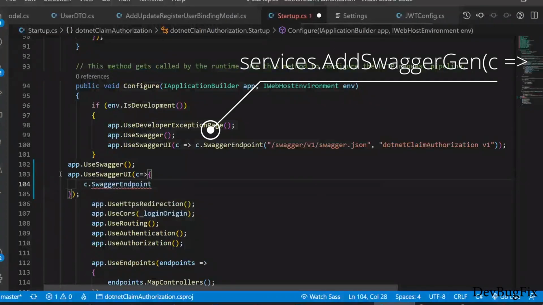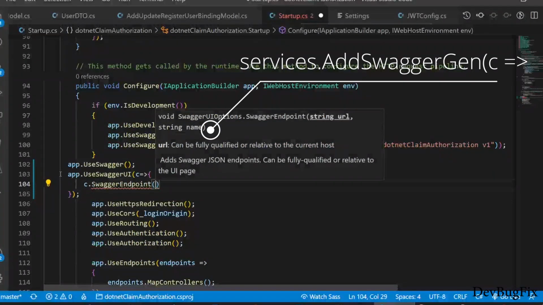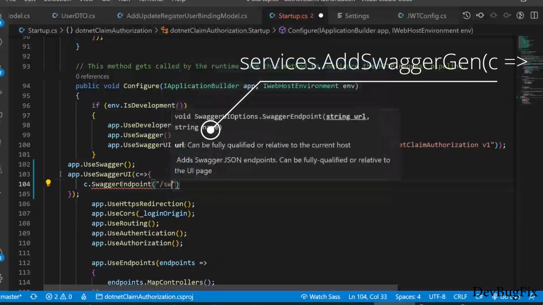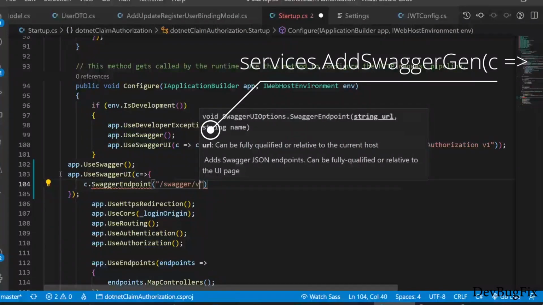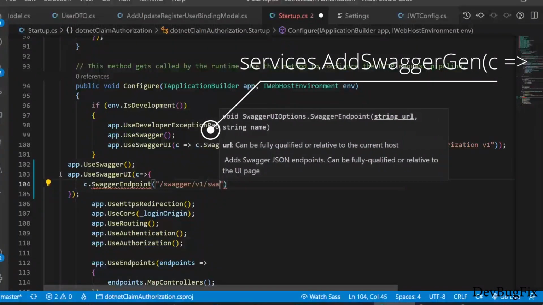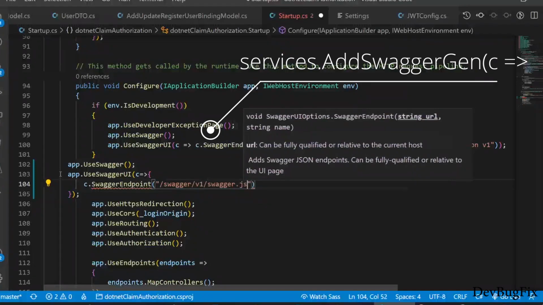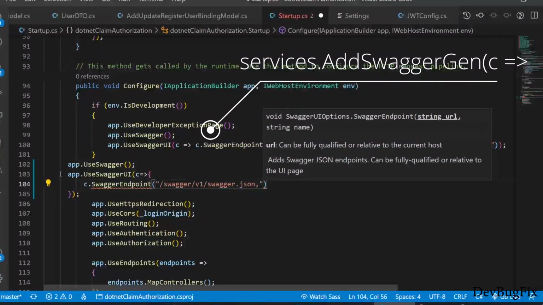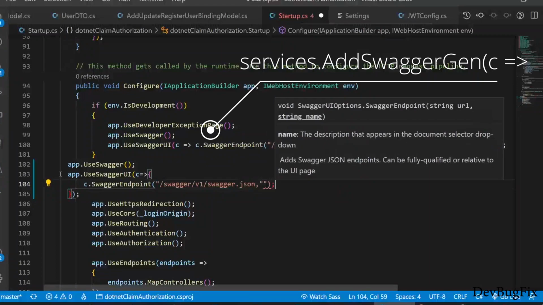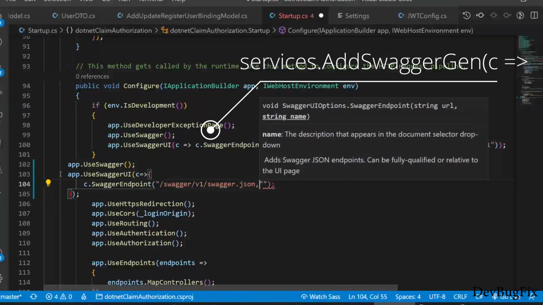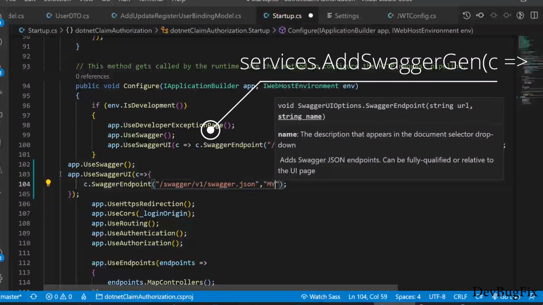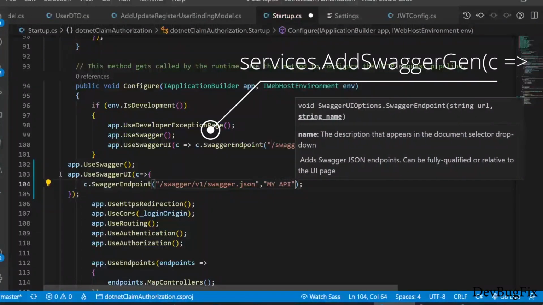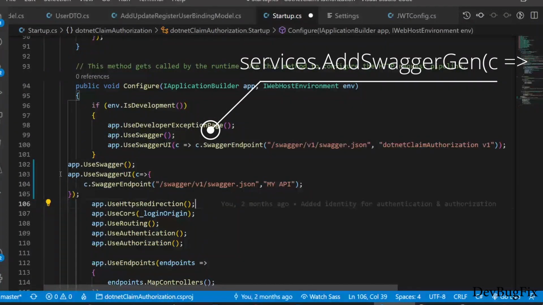We have to give here the JSON endpoint, slash swagger slash v1 slash swagger.json. Second parameter is a name and this will appear as a description. So I will add here my API. So we have implemented Swagger in our .NET Core project.